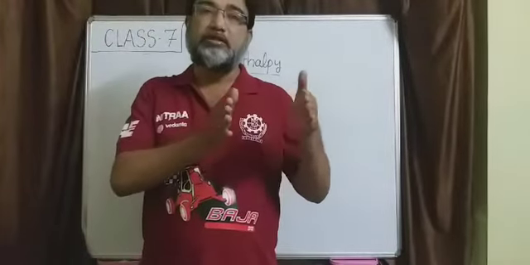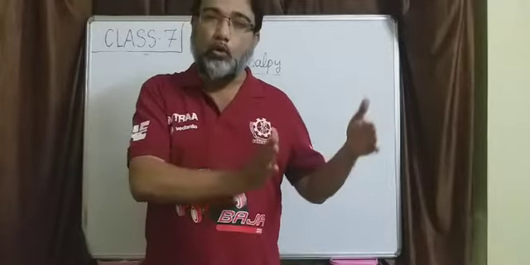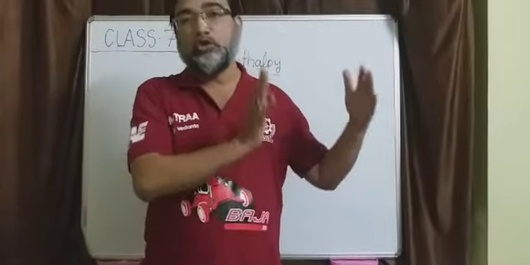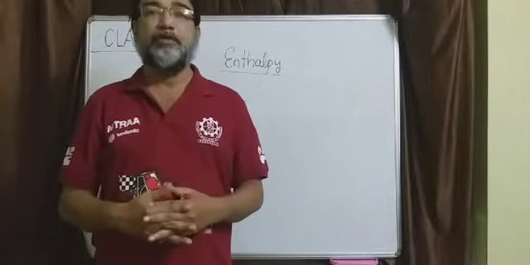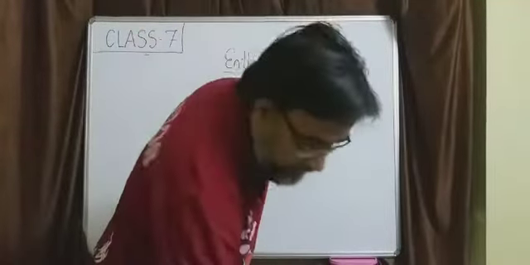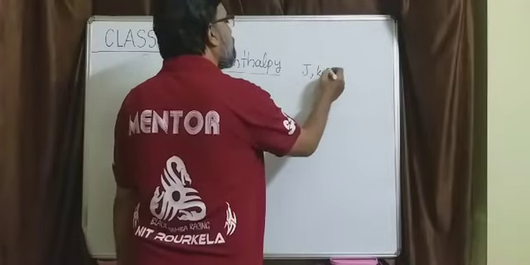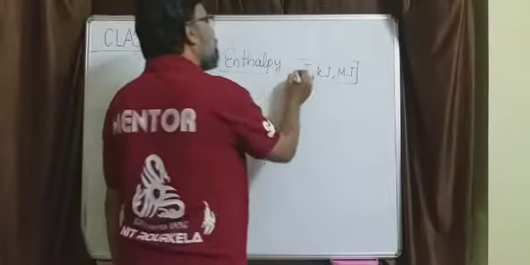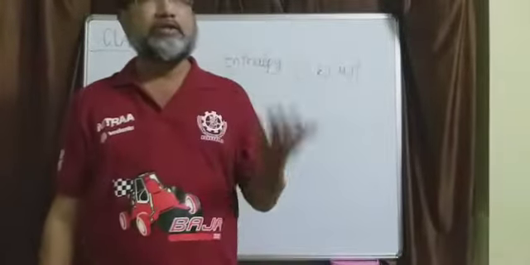The form in which thermal energy is stored in the system doesn't flow from one system to another, but rather it gets stored in the system. That stored form of thermal energy is called enthalpy. Enthalpy has units of joules, kilojoules or megajoules, just like the units of work and heat.